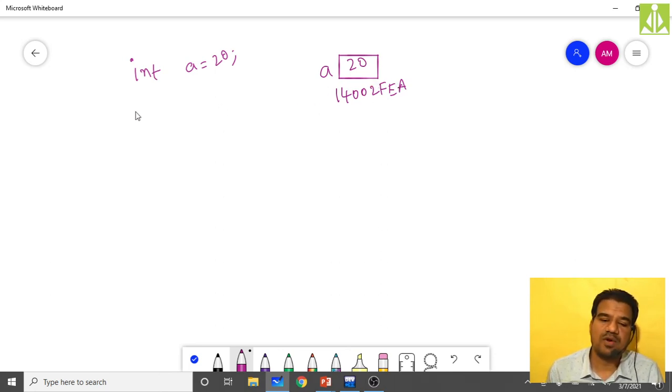Next I am declaring a pointer, int *ptr. Now ptr is a pointer capable of holding the address of an integer variable.